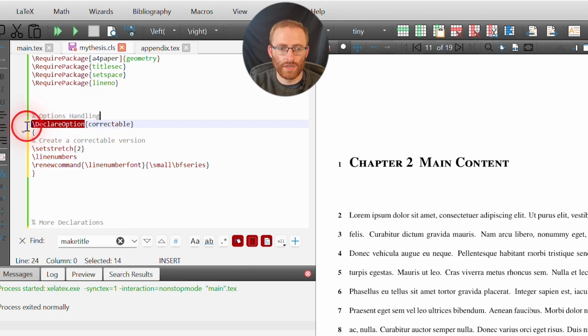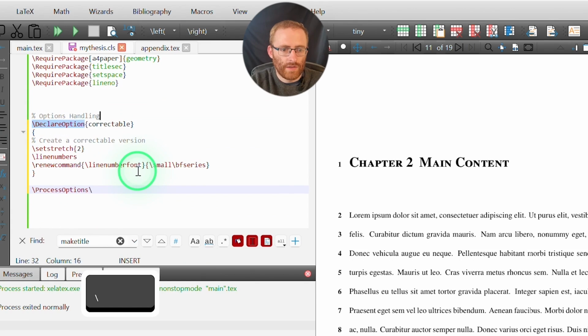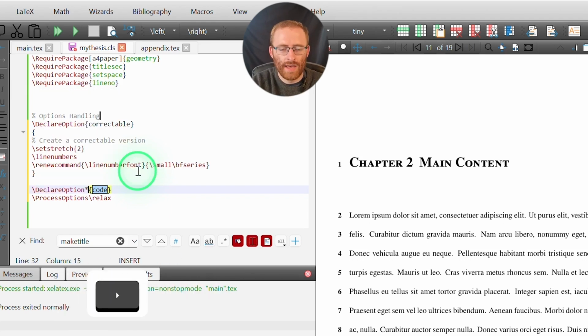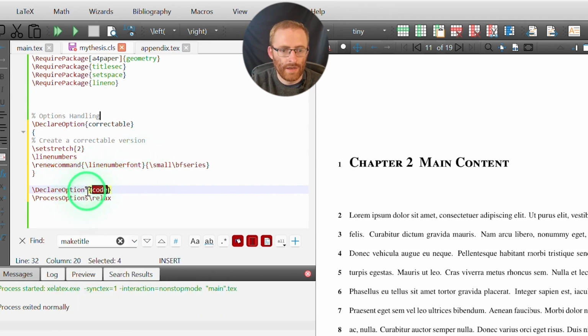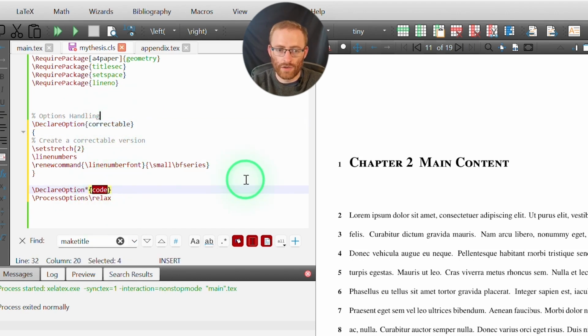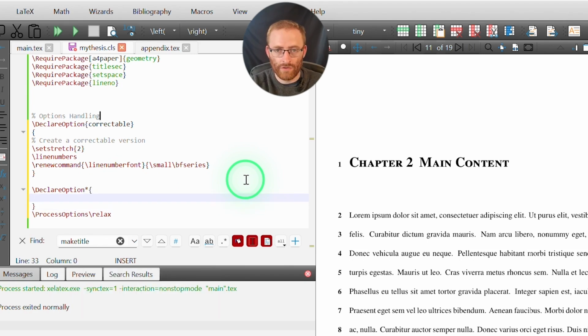Now if I use the declare option command, I always have to follow this with process options and then the command relax, so LaTeX actually adds this option. And I can also add the declare option command here with the star symbol, and this is typically used for the error handling. How this works is any option which the user tries to input which doesn't have its own declare option command, so if I call any option that isn't the option correctable, then this code will be called. And typically what you do here is you put in an error message or a warning message,